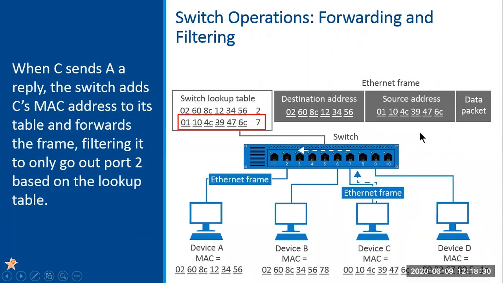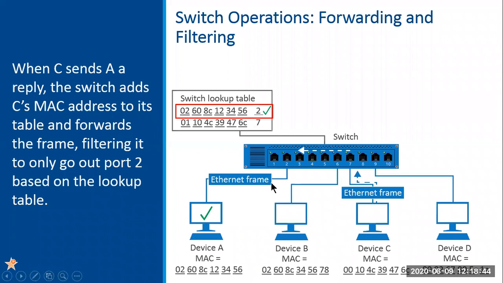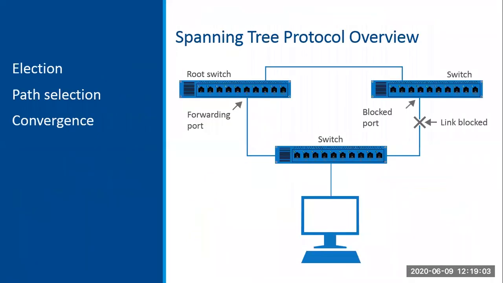So that's the idea. However, now the switch will look at the destination and say, aha, I know that this destination lives on my port 2, so I will only forward it out port 2 and filter on all the other ports. So it basically sends it out only on port 2, forwards on port 2, filters on the others. That's what they mean by that. And of course, as you saw earlier, it'll flood a frame if the switch does not know where that MAC address lives. So that's the idea there.